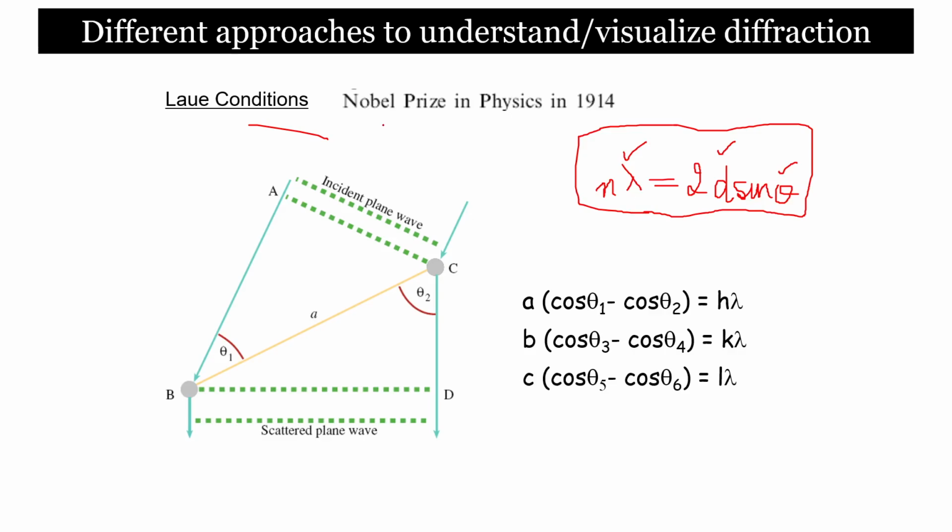So these Laue conditions say that when your incident beam, this AB, is your incident beam, and when it is scattered by this atom B, then